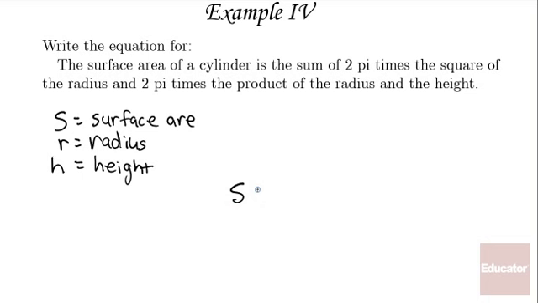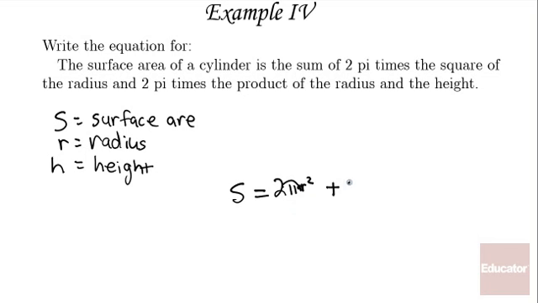The surface area of a cylinder is the sum of, so on the right side of the equation, I'm going to be adding 2 pi times the square of the radius. So it's telling me to add 2 things. The first term is 2 pi times. Times indicates multiplication. So I can put a dot there, or I can just leave the dot out and continue on with the square of the radius. Okay, so the right half of the equation is the sum of 2 pi r squared and